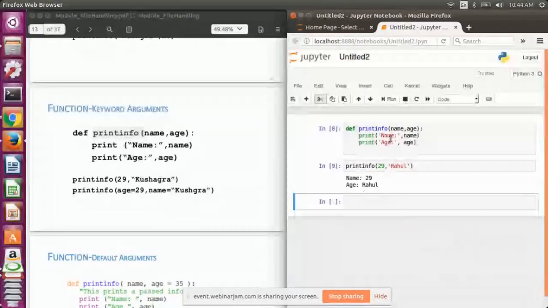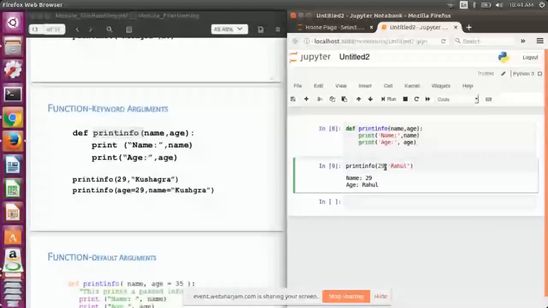If you want to restrict that the value 29 should correspond to age only and Rahul should correspond to name only, irrespective of the order in which we pass them, then we can make use of keyword arguments.